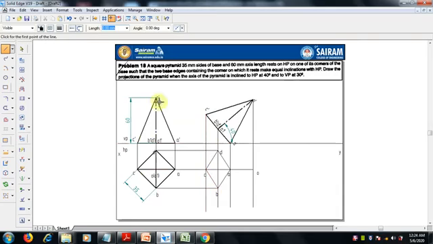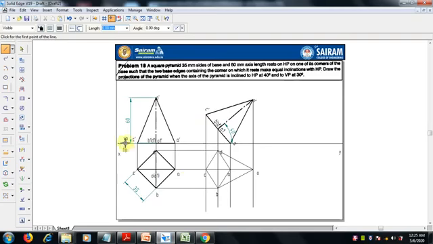So we know A to B, A to O, B to O, C to O. Like here, I am drawing A to O first. All are thin lines. Use only thin lines first. Then we can go for thick lines. If you know clearly, you can do it. Otherwise, first draw this, join this and all.